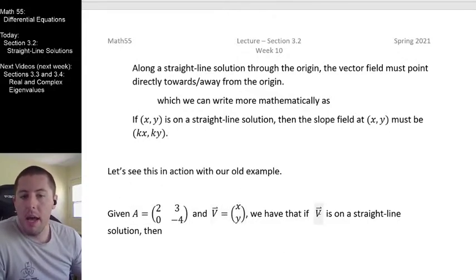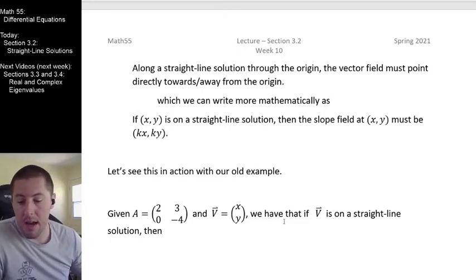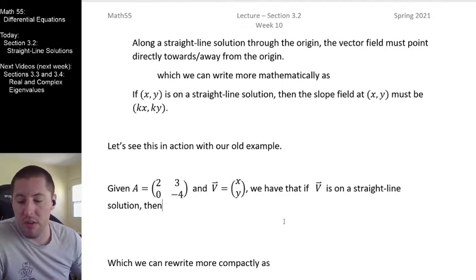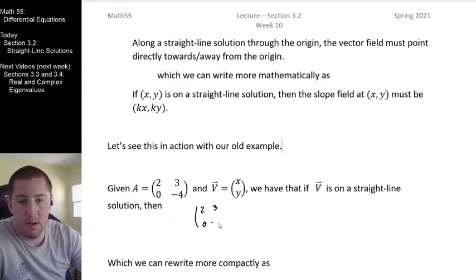And what we now know is that if this vector v, if this point xy is on a straight line solution, then we want to make a general statement about this: it must be the case that when we multiply our A matrix times our V vector, all we're going to get is just a constant multiple of that vector. Right? So what I want to say here is that it must be the case that [2, 3; 0, -4] times xy must just really be some constant multiple